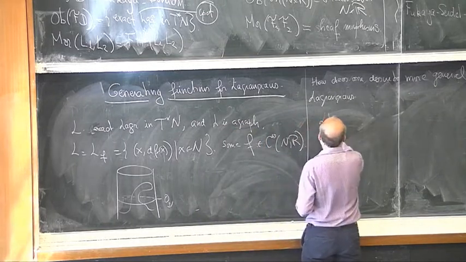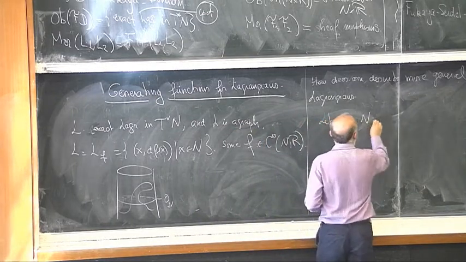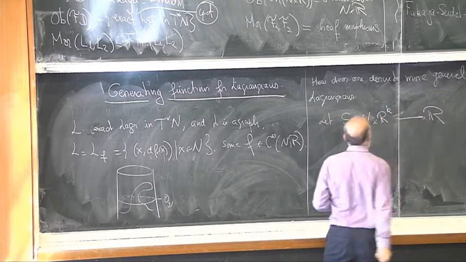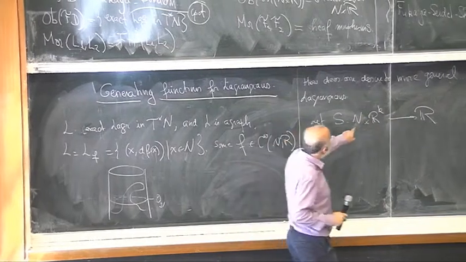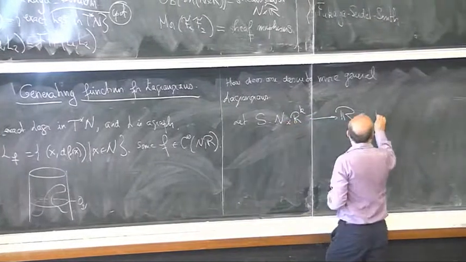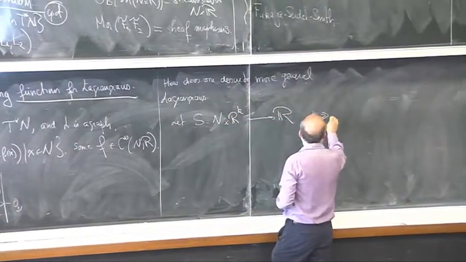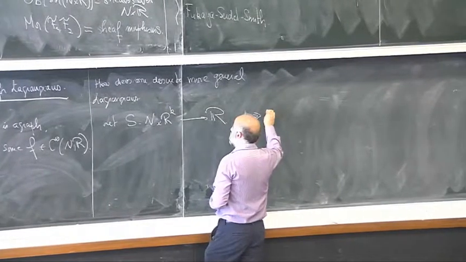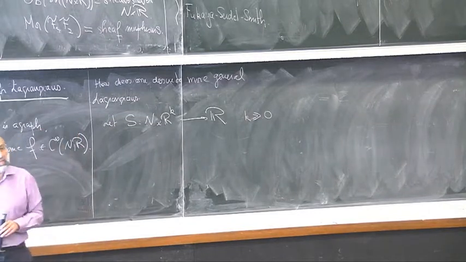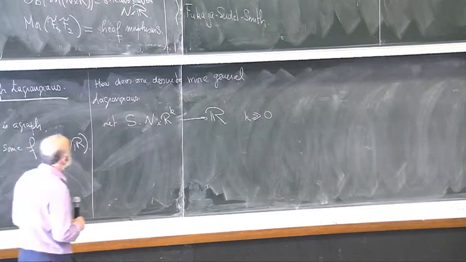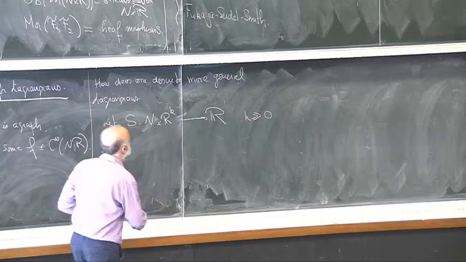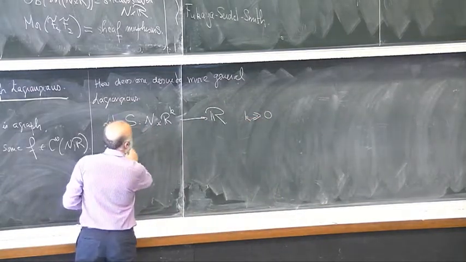So let S be a function from N times R^k to R, where k is some large integer. I usually write it like this to say k is very large, but then some analyst told me, no, every number is large compared to 0, you should put k greater than 1. I don't know. Anyway,